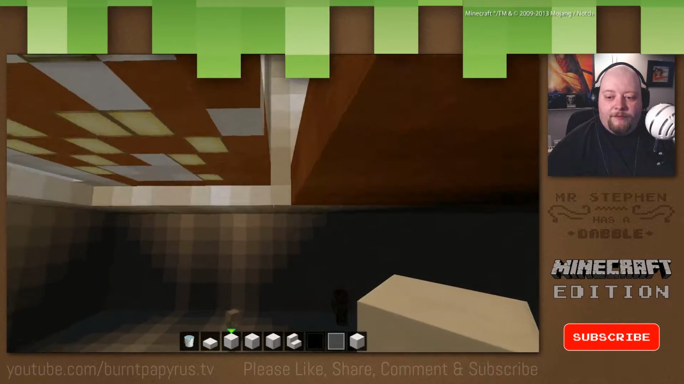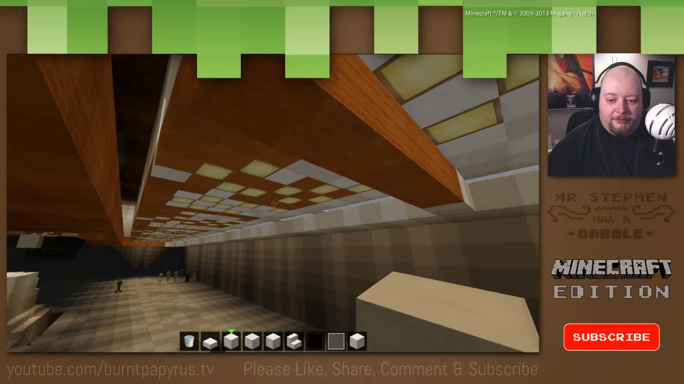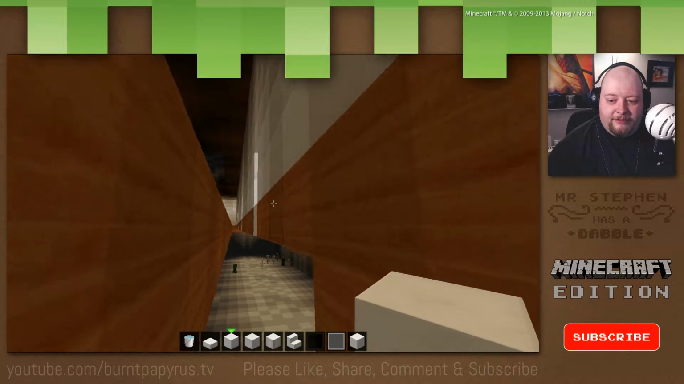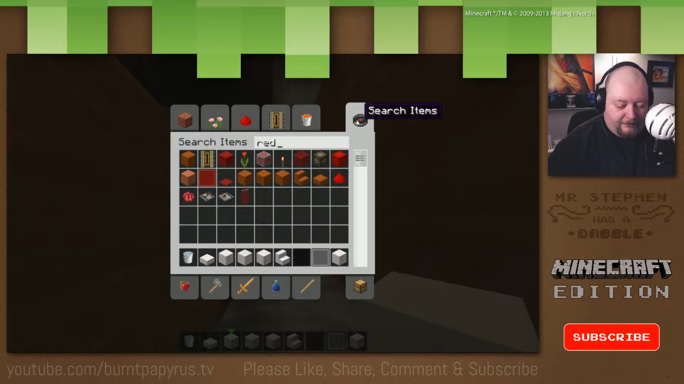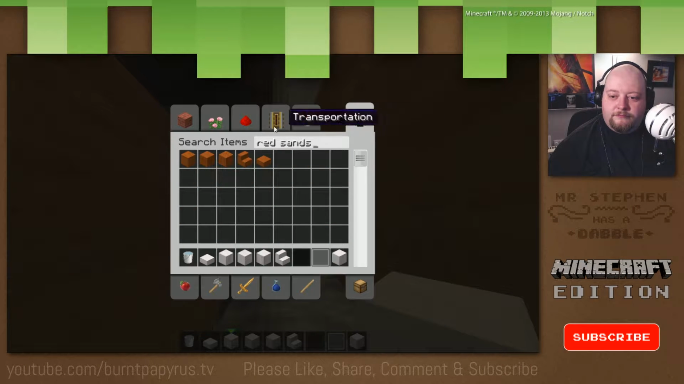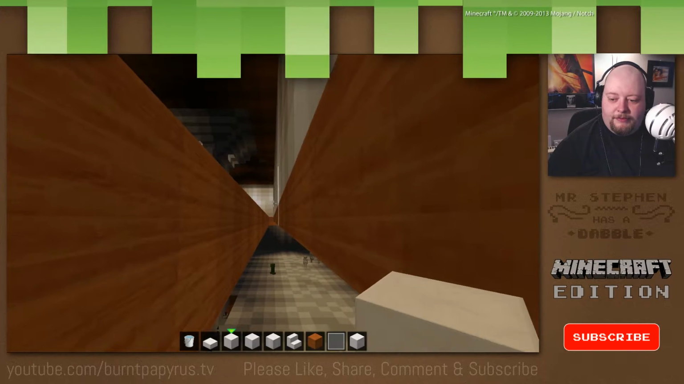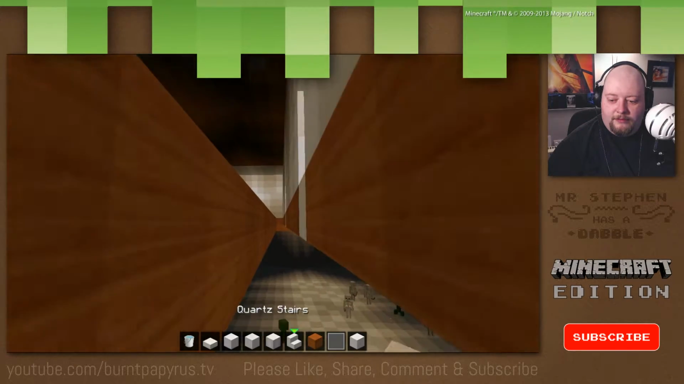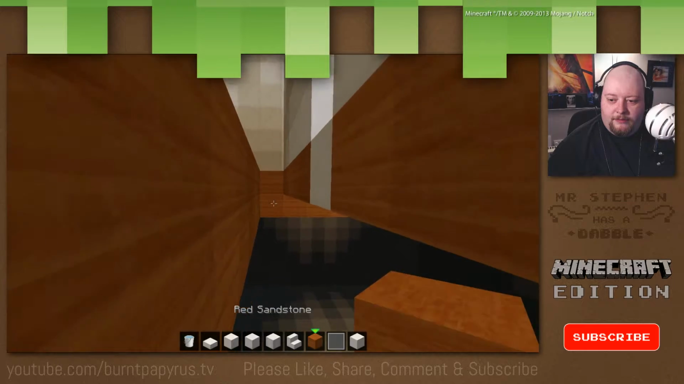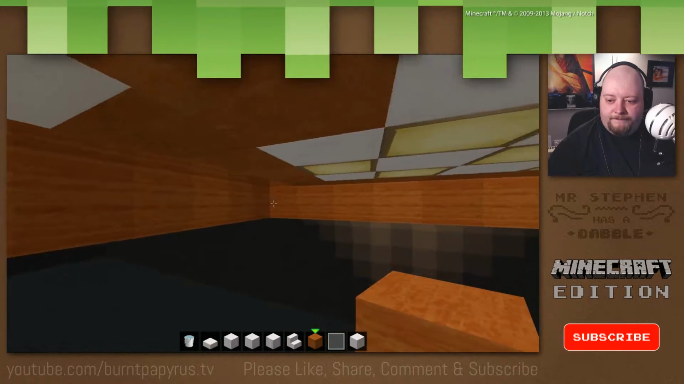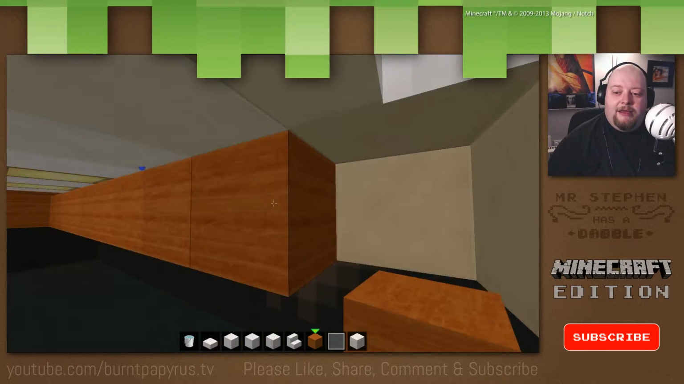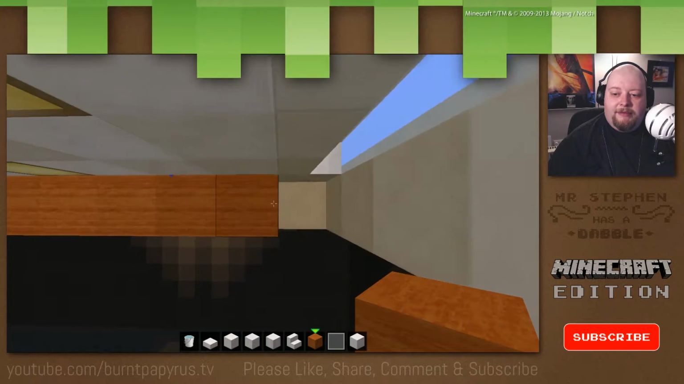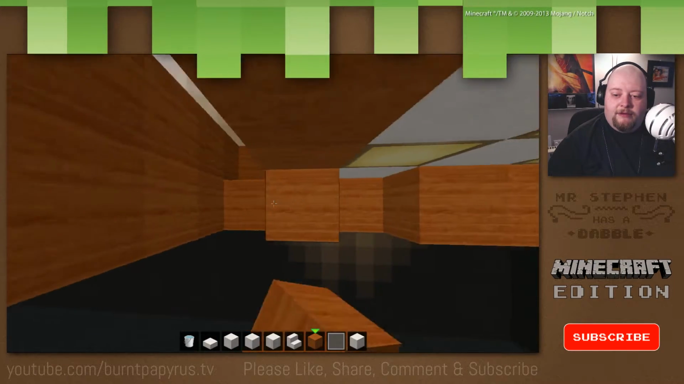Now, we've also got a little bit of a problem here, as you can see, but we'll fill this in. It's going to be really simple. We get some red sandstone. Just want normal red sandstone. And we'll start here. Now, in theory, we could do all of this in MCEdit, but as you can see, MCEdit can be a little bit tricky